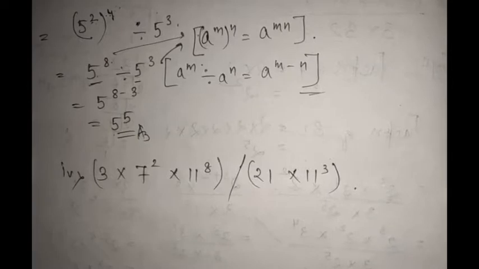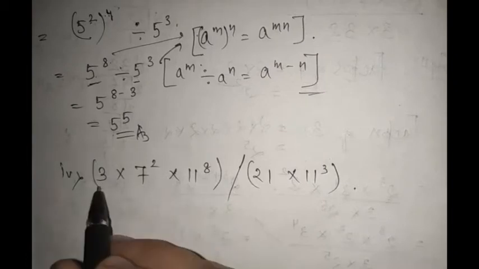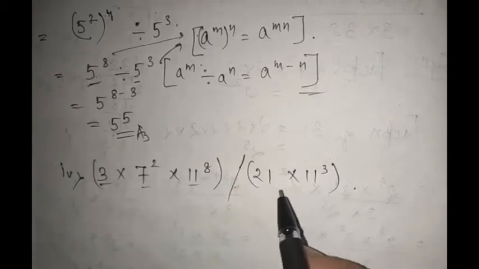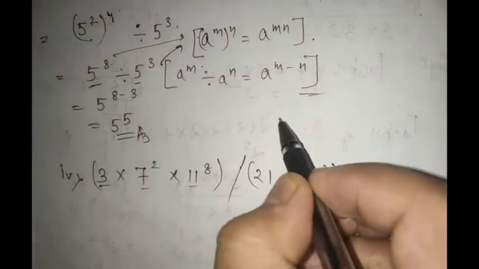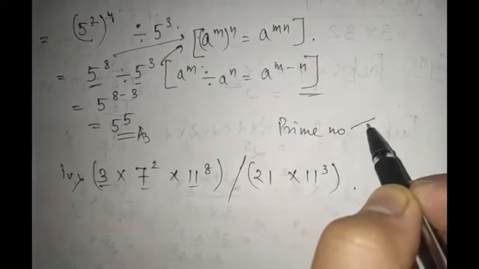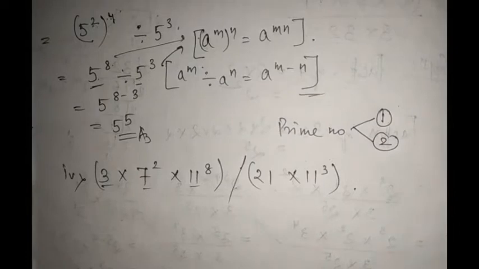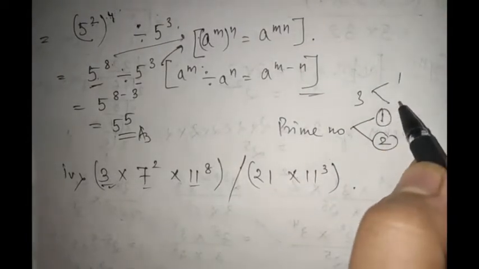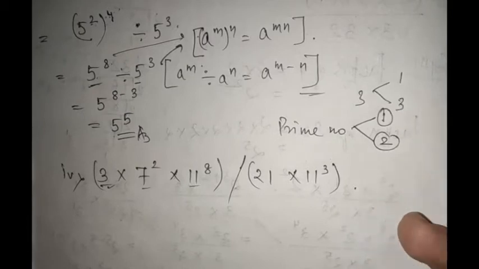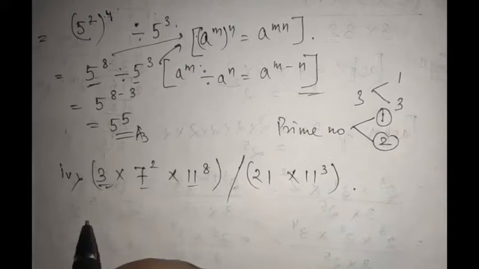So now what we can do here is, first of all, just see everyone is in the prime form. 3 is a prime number, 7 is a prime number, 11 is a prime number. I just want to repeat, if you forgot the definition, prime numbers are those numbers which have only two factors, 1 and the number itself. If you have more than two factors, then you will not consider that number as a prime number. So 3 can be written as 3 times 1, so this is a prime number; 7, 1 and 7; 11, 1 and 11. Now 21 is not a prime number. 21 is a composite number.